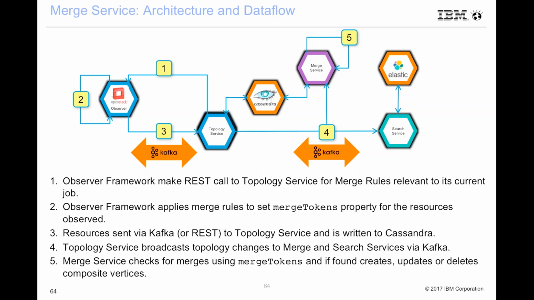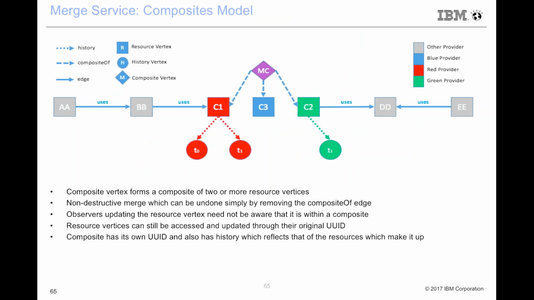And so the data flow, we've already really covered that, but in essence, the job is posted, the topology service posts the updates, the merge service listens to the updates, and then it will figure out whether or not it needs to merge any resources or not. So if we go on to the next one,